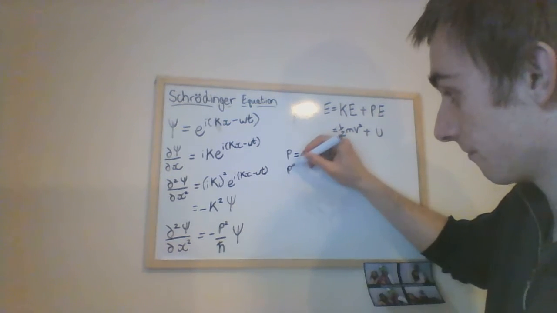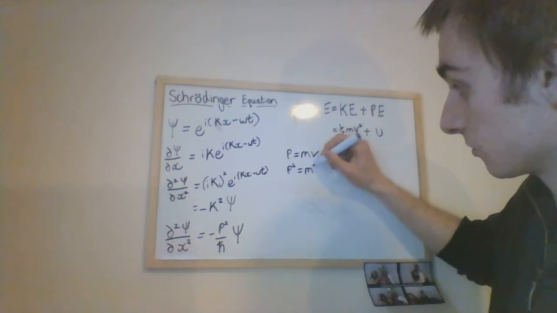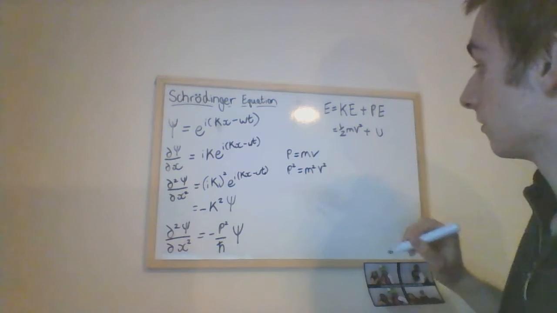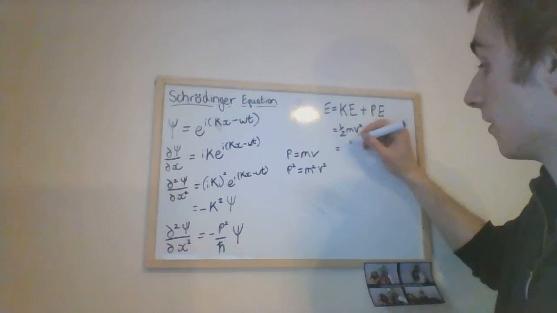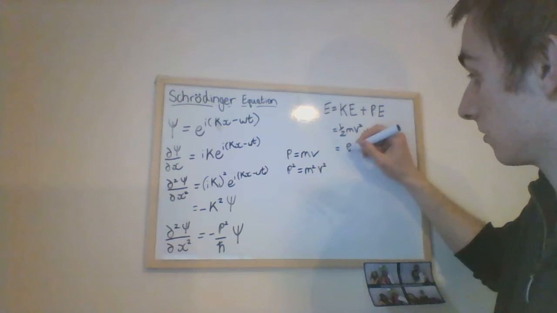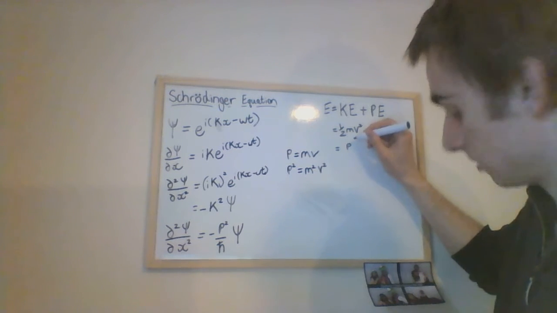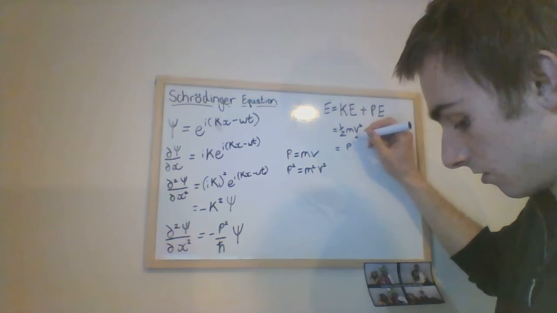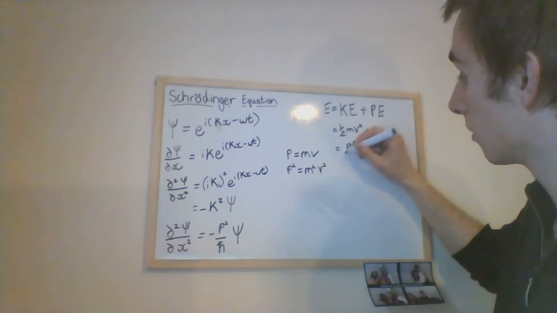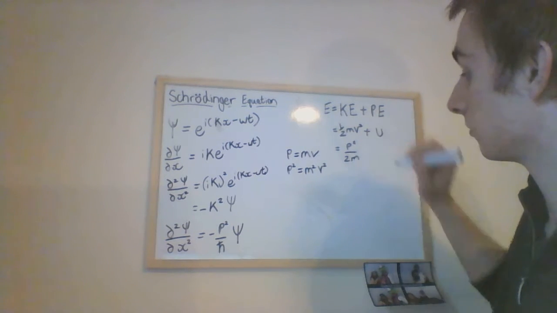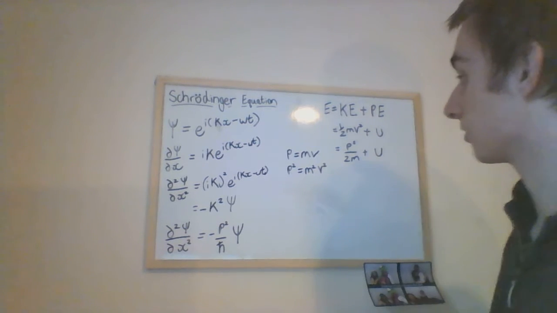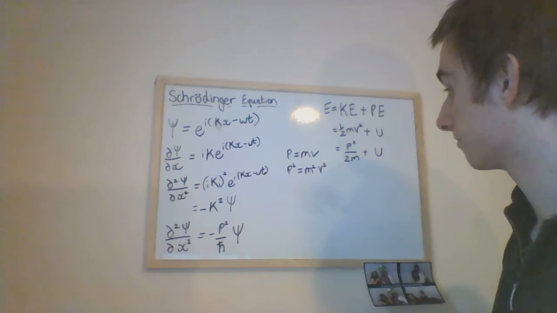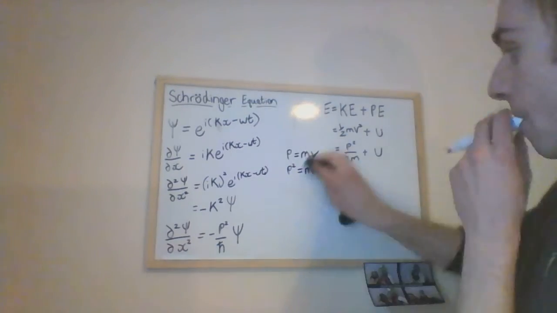We can square that. P squared equals m squared v squared, and then put it into here. So that would give us p squared divided by 2m to compensate for that, plus U is our expression for the total energy. So then, what we can do